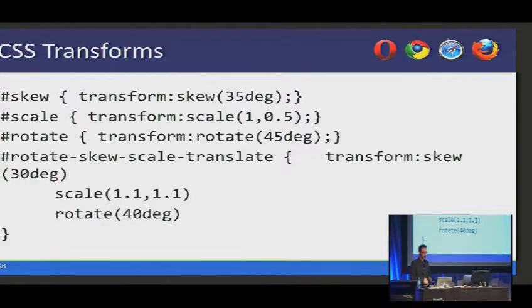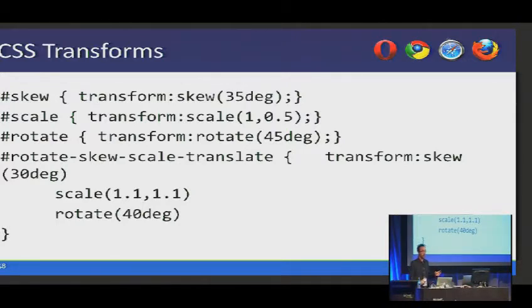Now, this is a very interesting addition. This allows you to actually change the way something is displayed on a page. You can change the angle of it, you can change the size of it, you can skew it. So this is good for rollovers. If you want something to shimmy when you roll over it, you can use this technique. So the first one allows you to skew an element, transforming and skewing it by a particular degree. The next one is you can change the scale. You can rotate images. And of course, you can mix them all together and do a bunch of them.